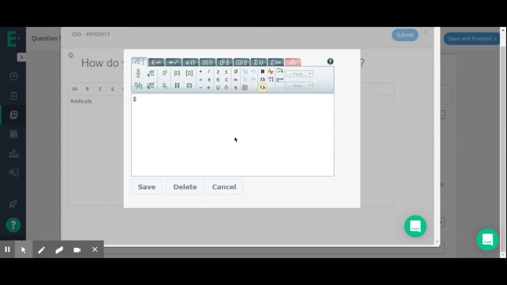Now, let's say you want to type in the solution for C in the Pythagorean theorem. A squared plus B squared is equal to C squared. For C, it is equal to the square root of A squared plus B squared. So let's type in C is equal to the square root of A squared